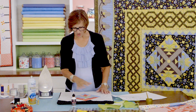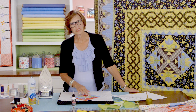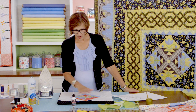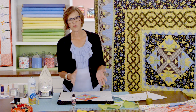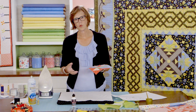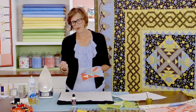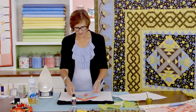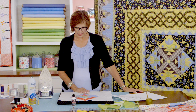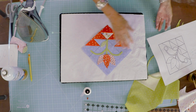So I have all the pieces glued down at once, and I like to do that because then I don't spend any time stitching down any parts that are underneath another piece, so I don't have to waste time. And like I said, it makes it completely portable, and I can take this with me if I go to the doctor's office or something like that, soccer game or whatever, watching the grandkids. Then I can easily pull this out. All I need with me is my needle and thread, and I can just be stitching. And we'll get to that stitching part, but I wanted to point out how easy that is to glue baste everything in place. And I wanted to show you, if you're going to eyeball these blocks and you want them to be uniform,